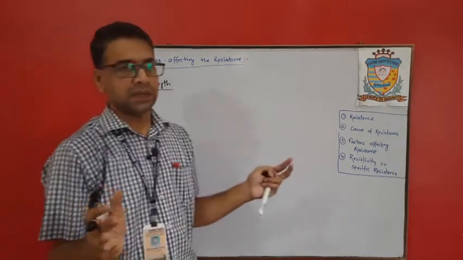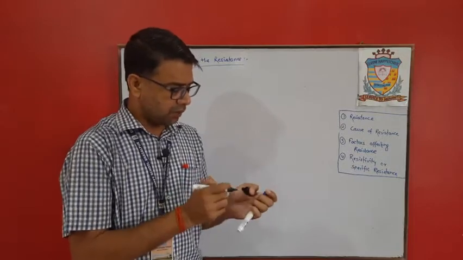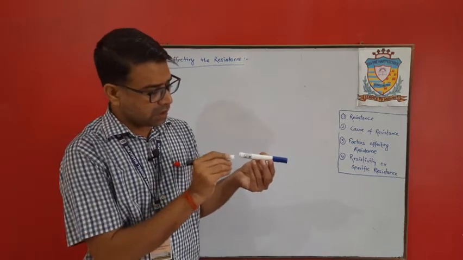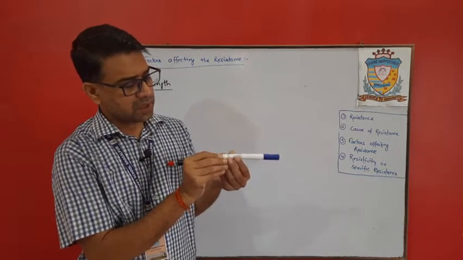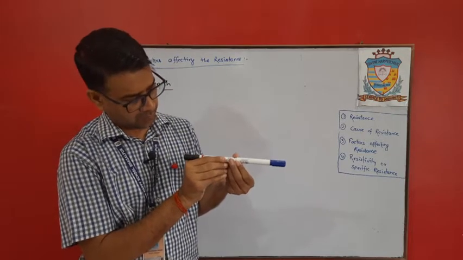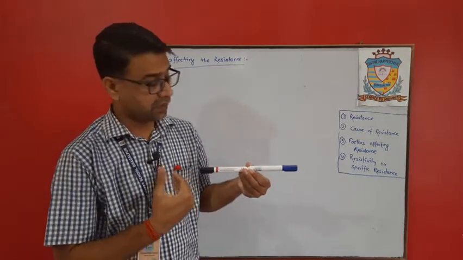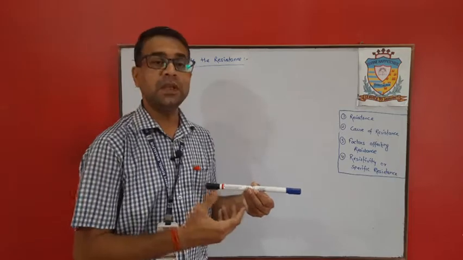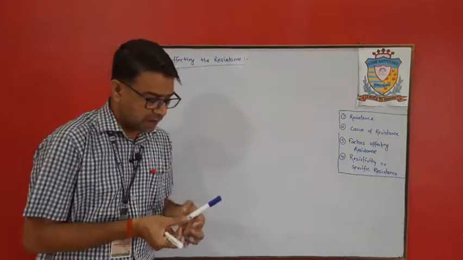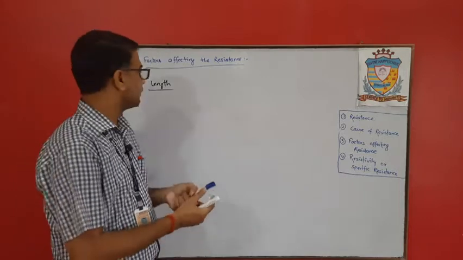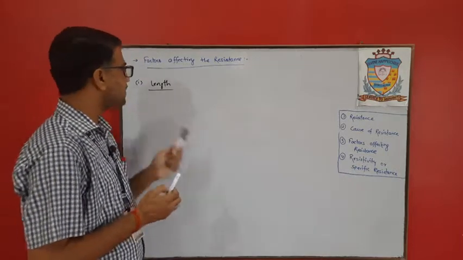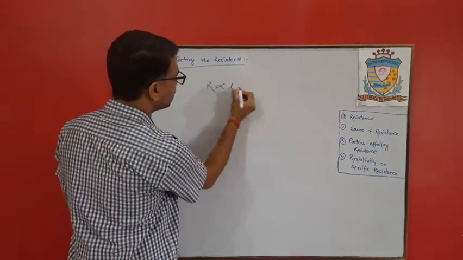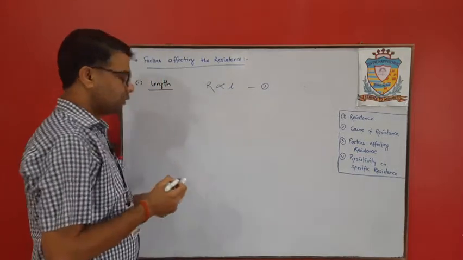So increasing the length, suppose first we have this much amount of length of the conductor. Now I want to increase it, with the same area of cross section. If it is increased, then the amount of resistance will increase. And if we make it half, then again resistance will decrease. So can we say this resistance is directly proportional to length? That means R is directly proportional to length. This is our equation number 1.